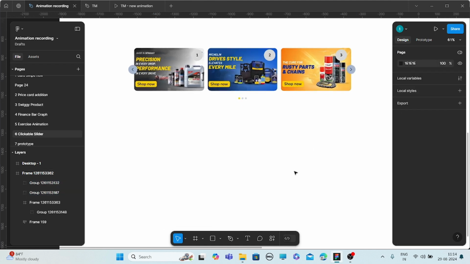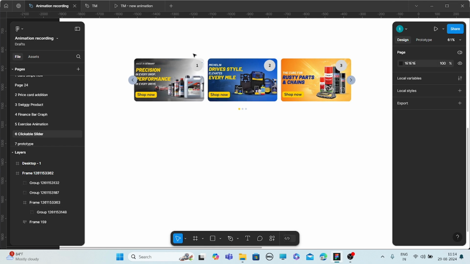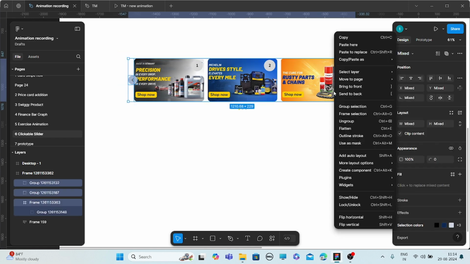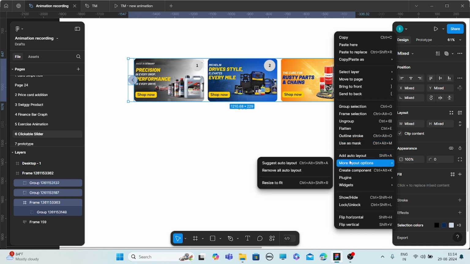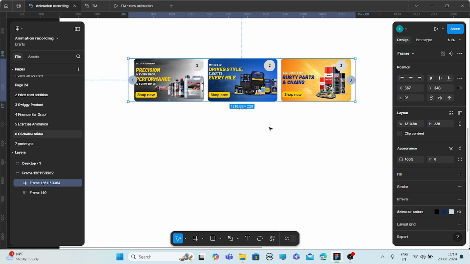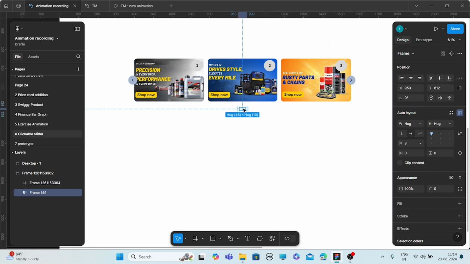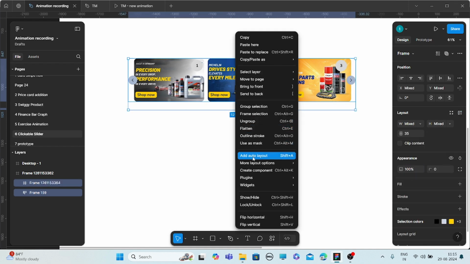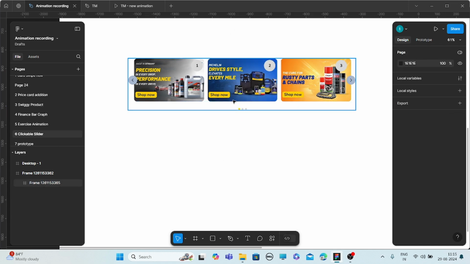Again here select all this and make a frame selection. Select this dot and select the slides and take them into the frame.